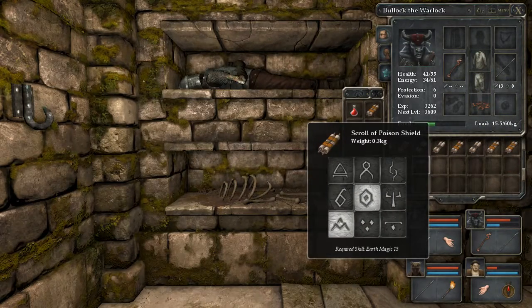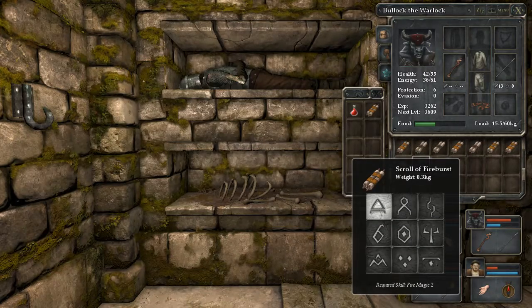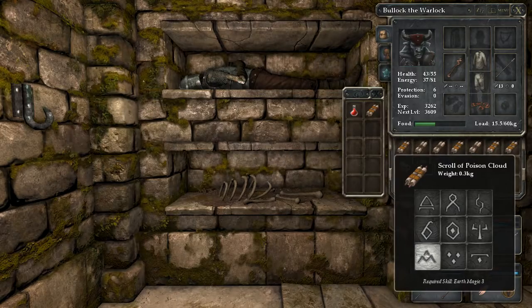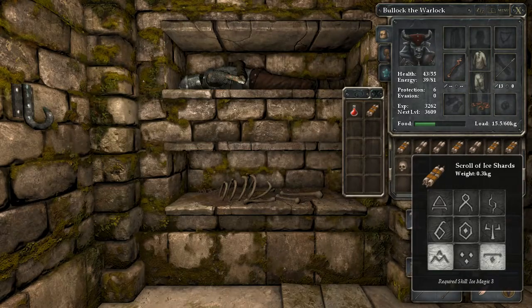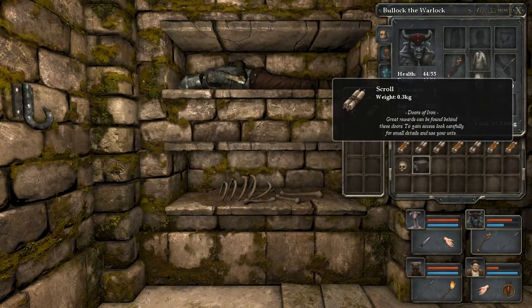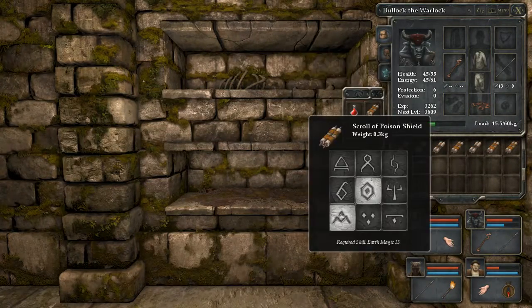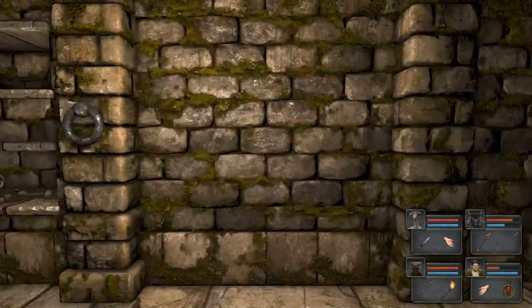What else is in that box? A scroll of poison shield. Fire burst. Poison cloud. Ice shards. Oh, cool. So this is how you learn new and interesting magic. Okay. Okay. And a healing potion. That's nice. You know, let's just